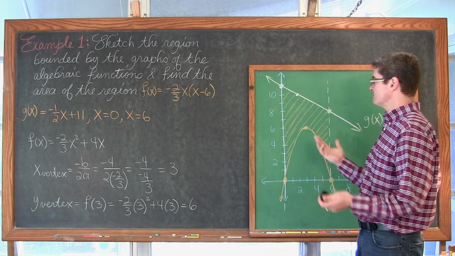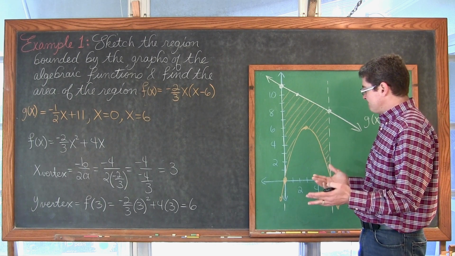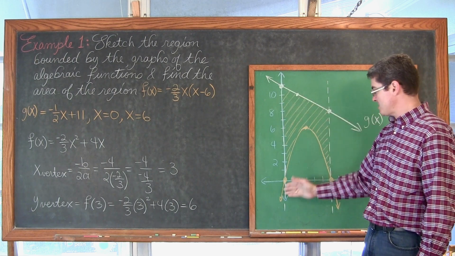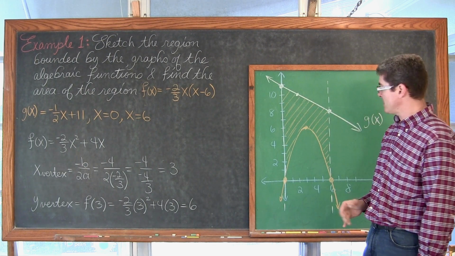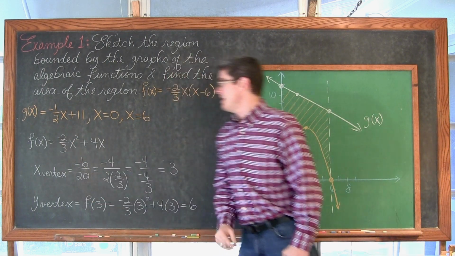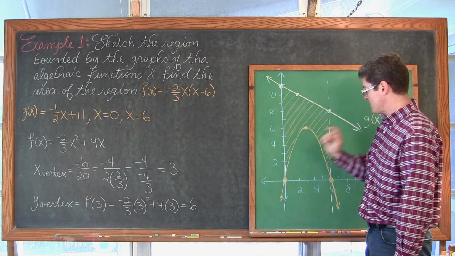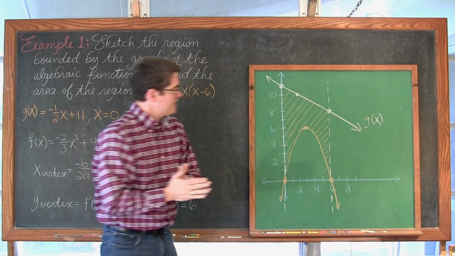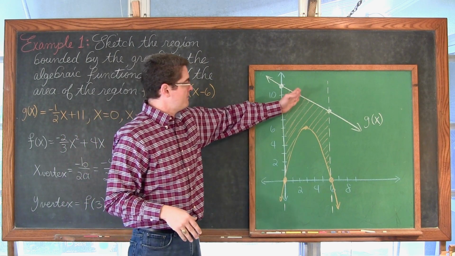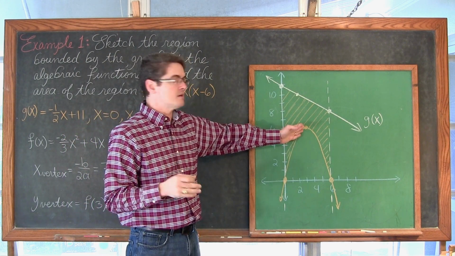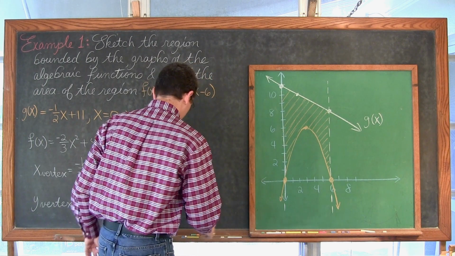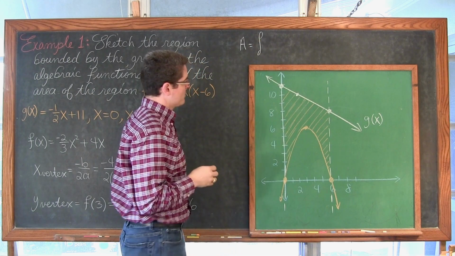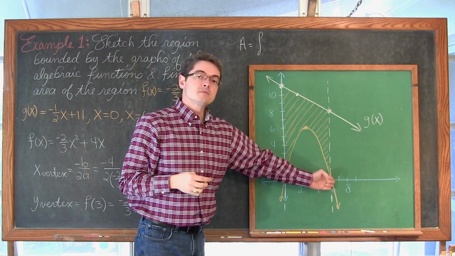And I didn't really have to find the x-intercepts, because we already have our left boundary of x equals 0 and x equals 6, but the parabola is opening down, and it has x-intercepts at 0 and 6. So this would be, I think, much simpler if we find the area using vertical representative rectangles, and thus our area is going to be found by the definite integral from 0 to 6